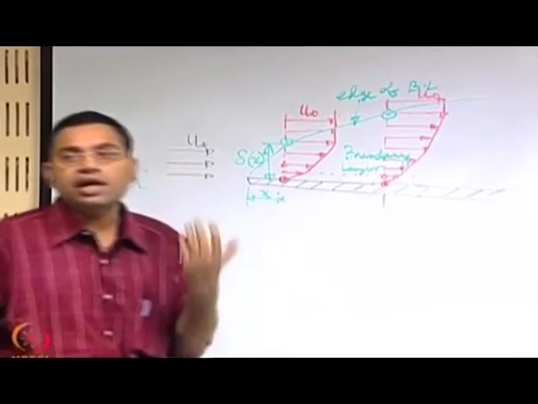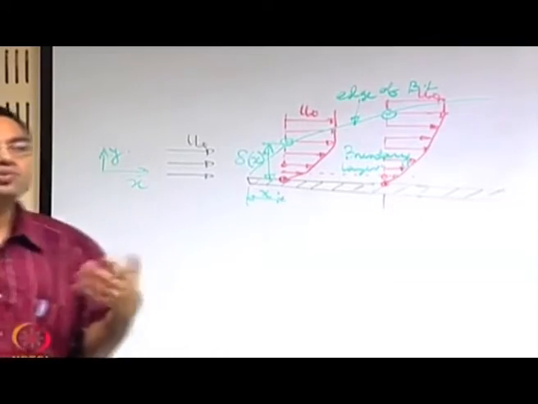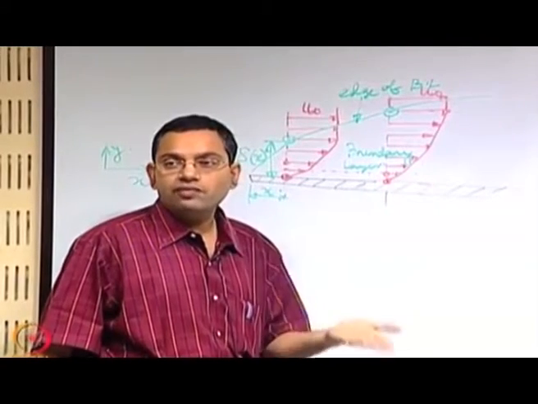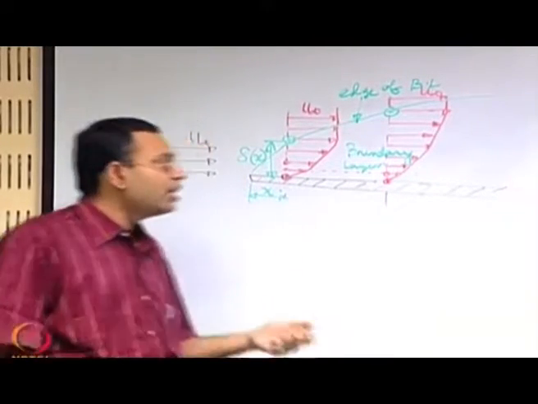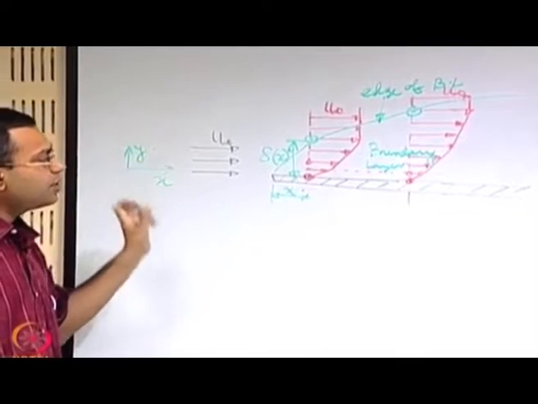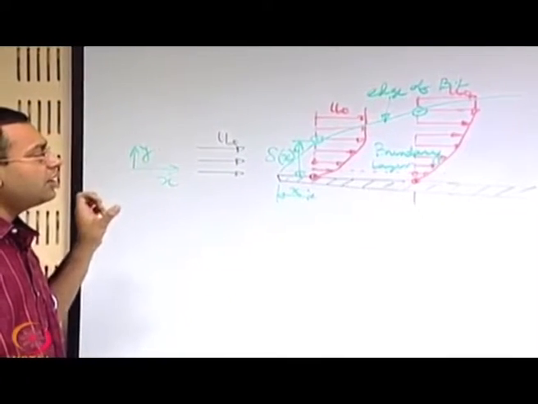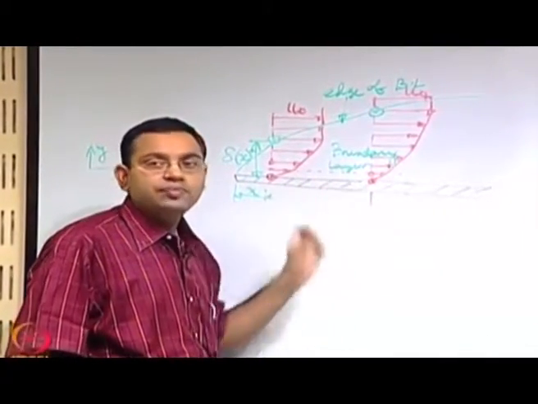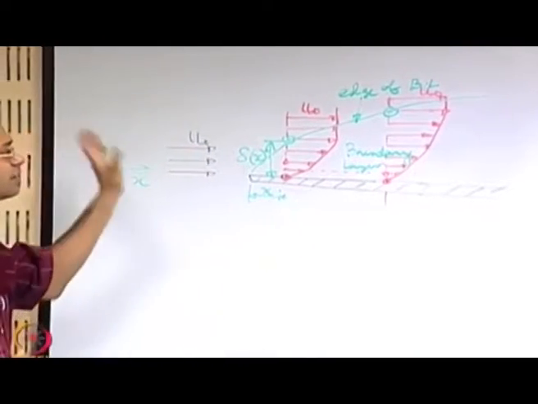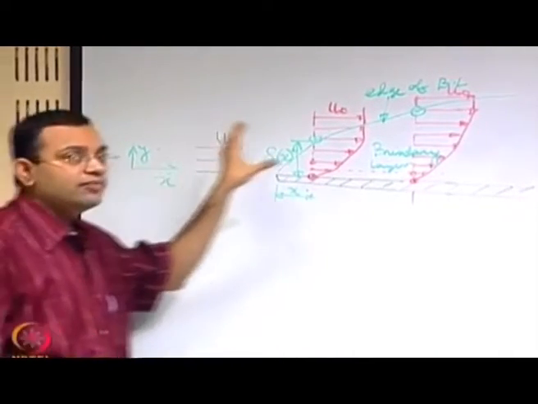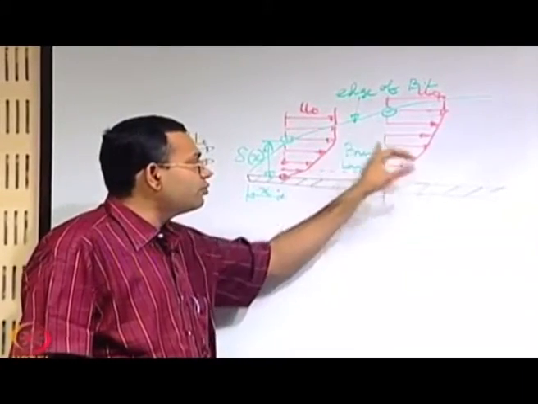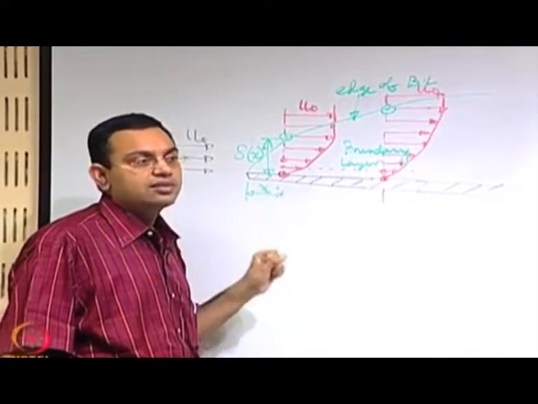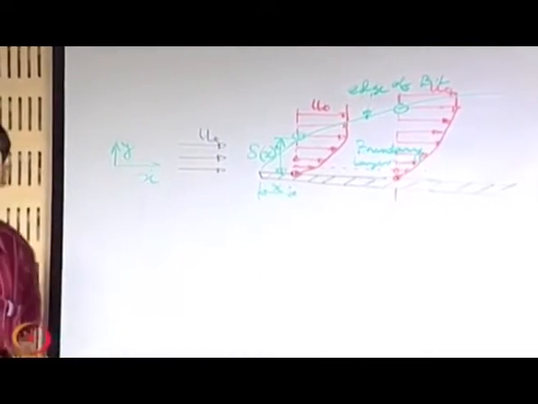So, from an engineering point of view, the shear stress is important. Why? Because it will give rise to a drag force, and based on the drag force one may intelligently design engineering systems where you have interactions between fluids and solids. And not only that, it is also possible to have a clear idea of what is the extent over which the wall shear stress effects are predominant. So, for all these reasons, it is important that we emphasize the characteristics of flow within the boundary layer, and studying the boundary layer theory has this as one of its important objectives.